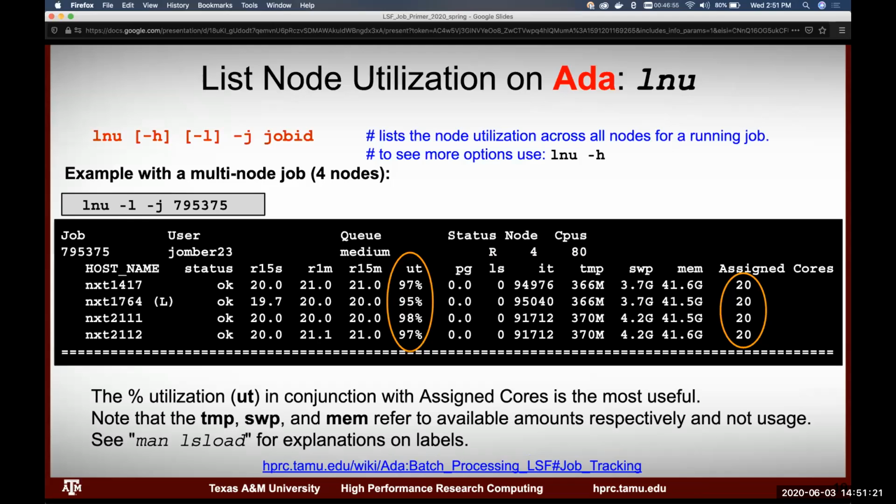And this is what the output looks like. It shows us the host name. So these are the different nodes that the job is running on. And then the utilization, and then how many cores. So in our case, it's saying we were assigned 20 cores. It's using 97% of them. So that's how you could follow how your job is actually running on the